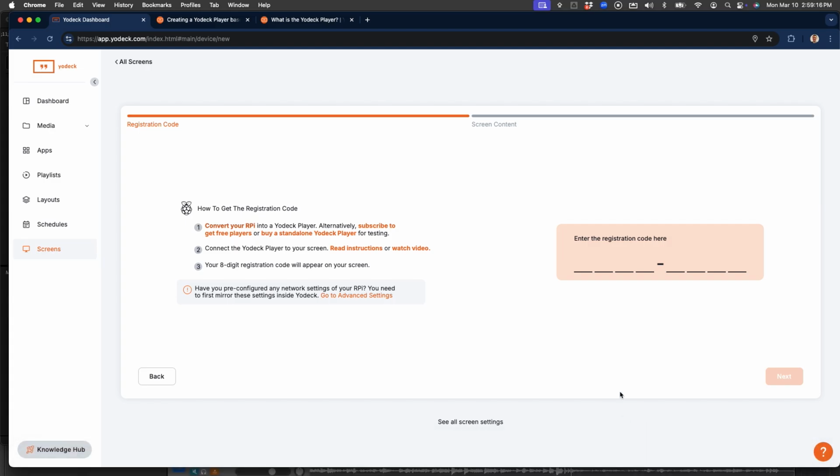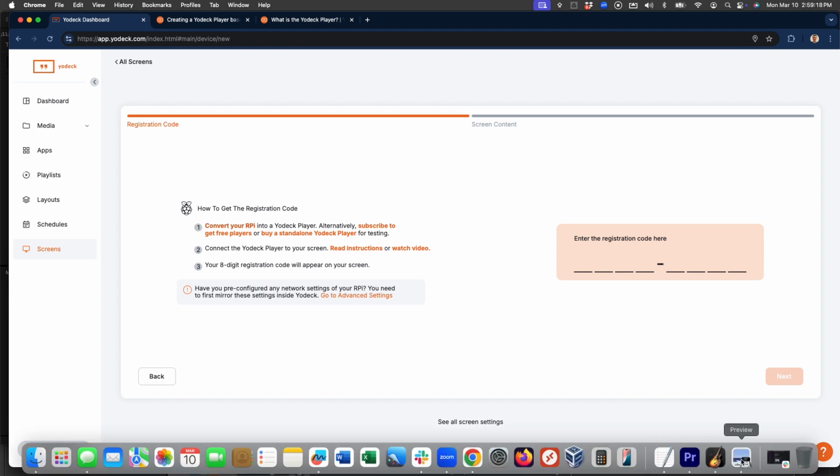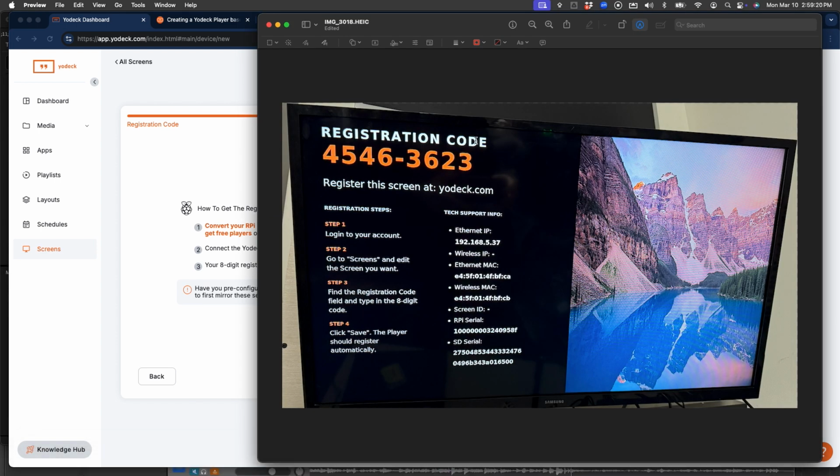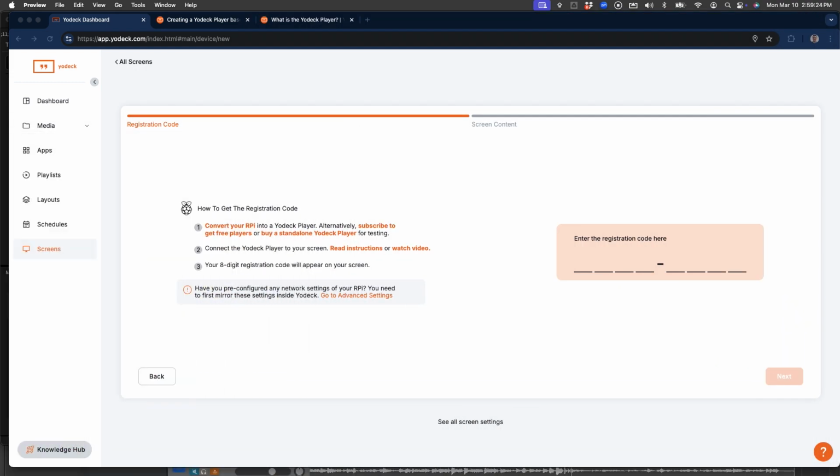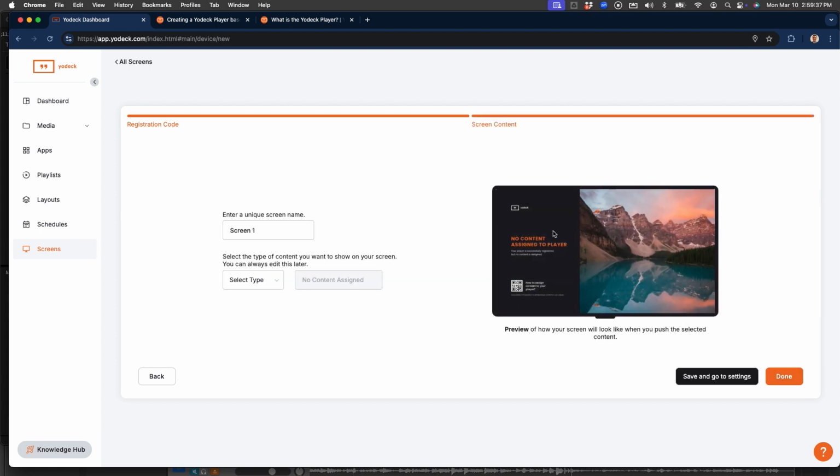Plug in your Raspberry Pi and turn it on, and you'll see a code like this one. So I have right there. I can put that code in. 454-63623, and next, and it will register the player.